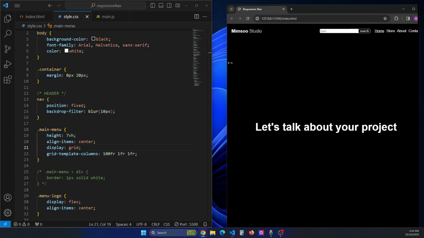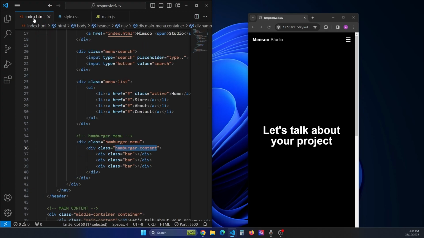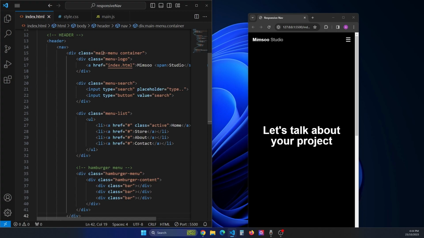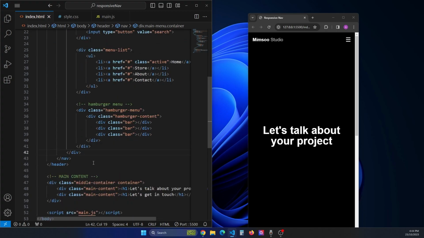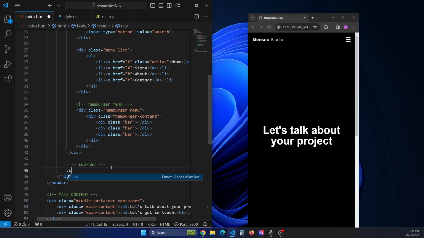So we want to click on this and another menu will appear, so we'll have to create that separate menu. So we'll come here and outside the menu, the main menu div, we'll say sub nav. Let's create a div with a class of subnav,